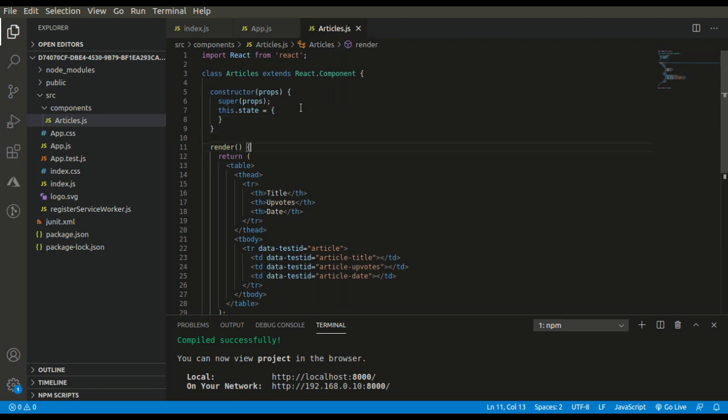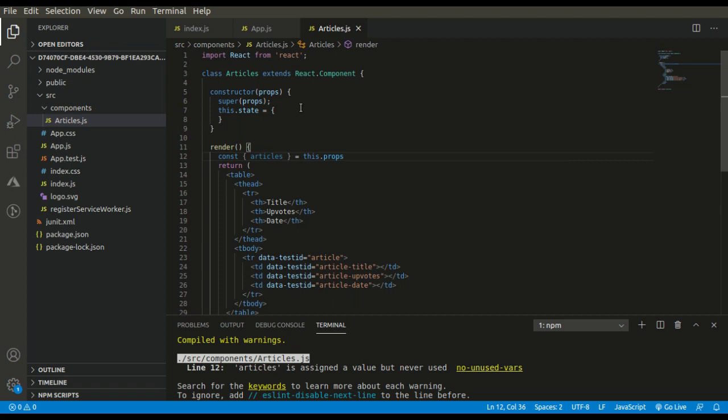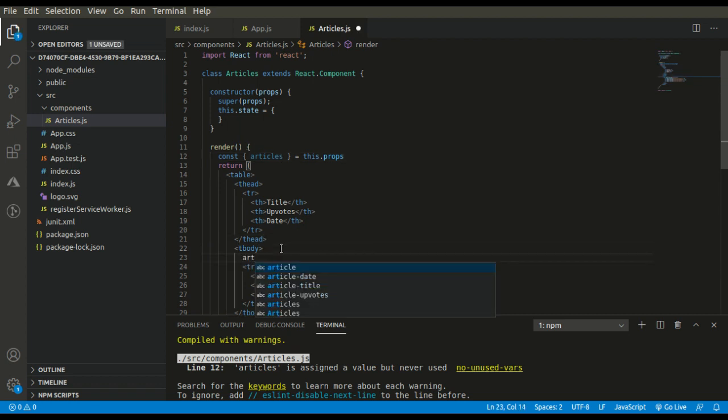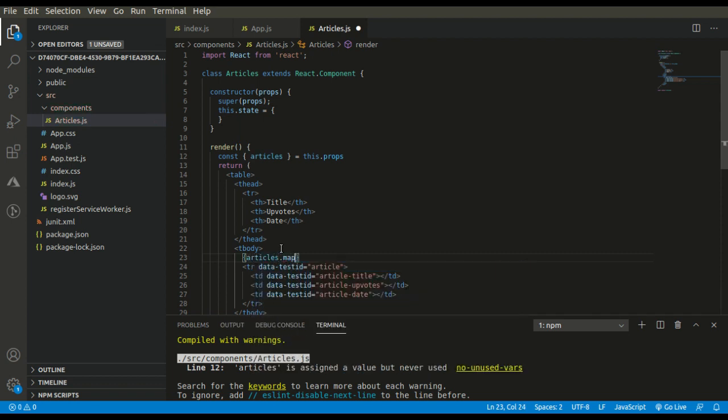We do not need any state here, all we need is const articles from our props. Now we just need to traverse the array that we are getting from props. Let's quickly do it.